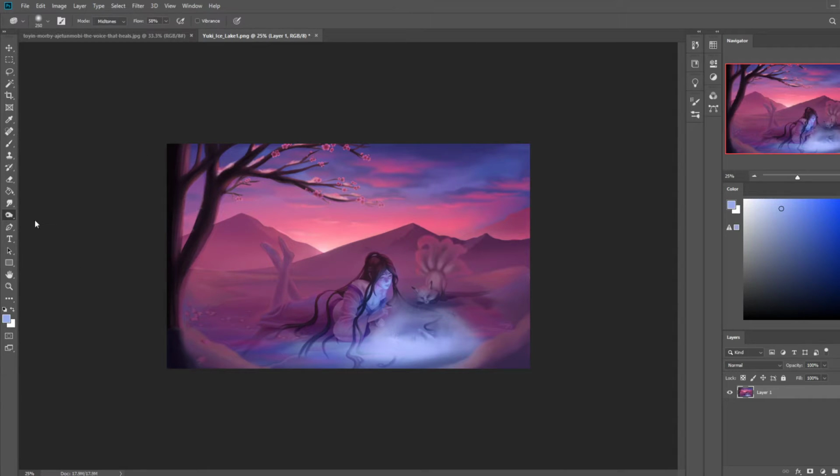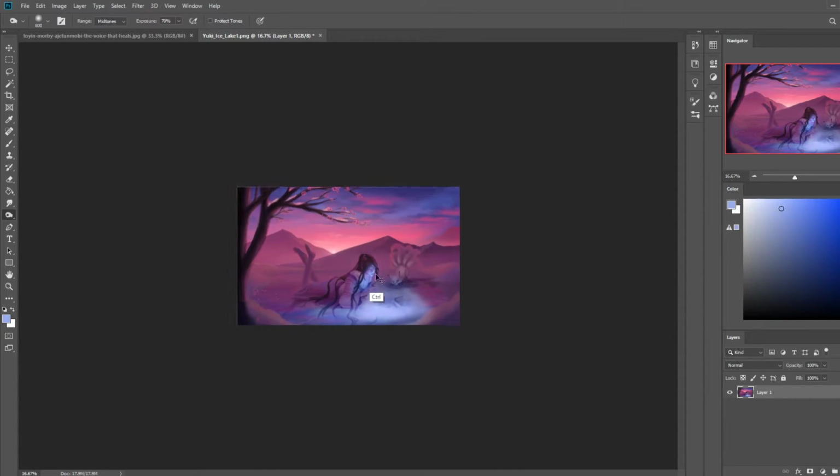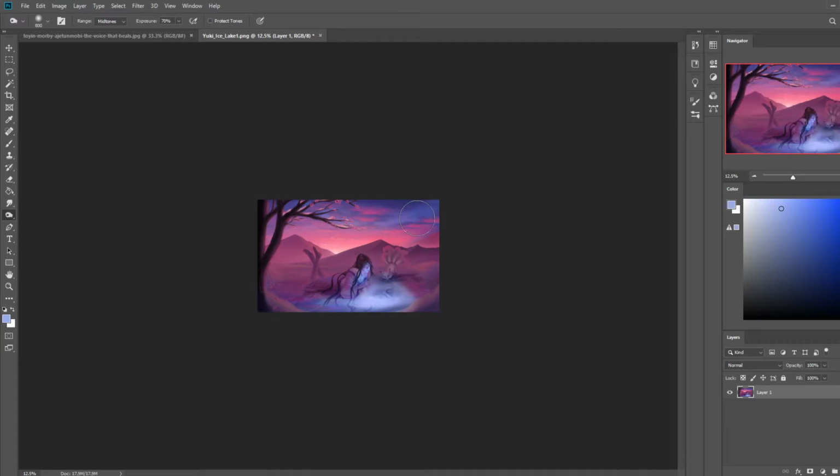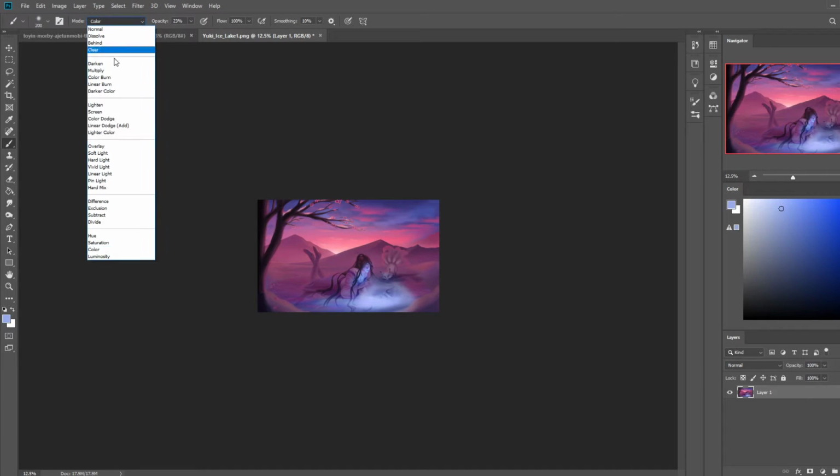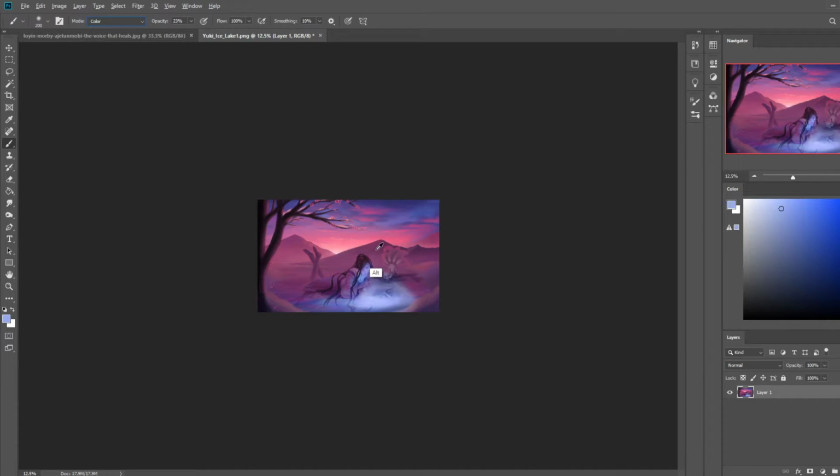So I'm going to try to pull that off with burn tool on midtones. And I'm just darkening her feet just a bit more. See how that helps? Just a bit more than the rest of her body. And look at that environment we're creating. Really, really beautiful. And then I'm just going to try to cool it down with a more purple presence by using color. Just to cool it down, pushing closer into the purples. Just cooling down those feet.